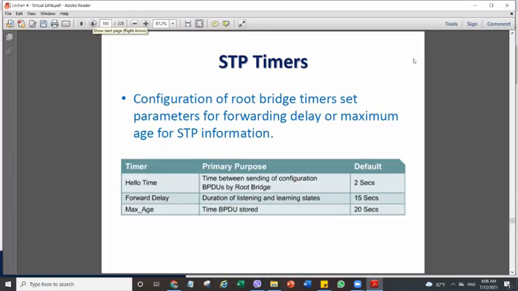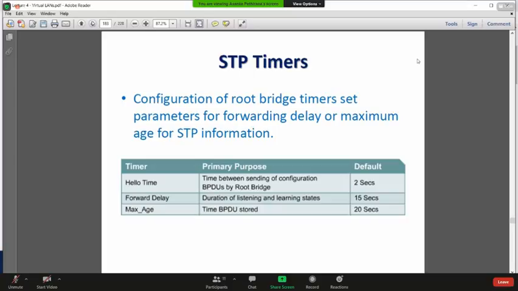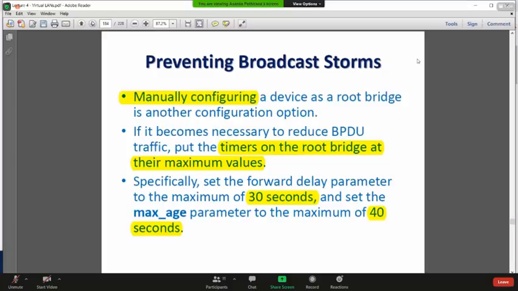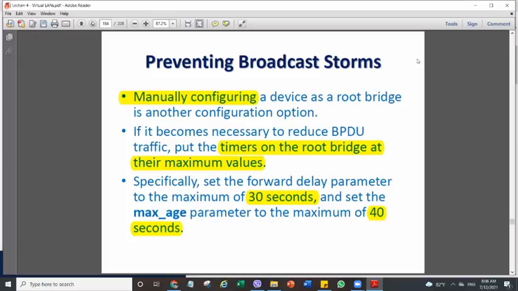Basically, if you don't want to introduce the BPDUs every 2 seconds, if you want, you can keep it as 2 seconds. If you don't want, you make it 4 seconds. So BPDUs are generated every 4 seconds. So whatever that segment related administration traffic will be reduced by 50% definitely, because the time is double. Such initiatives are there to improve the performance of the spanning tree